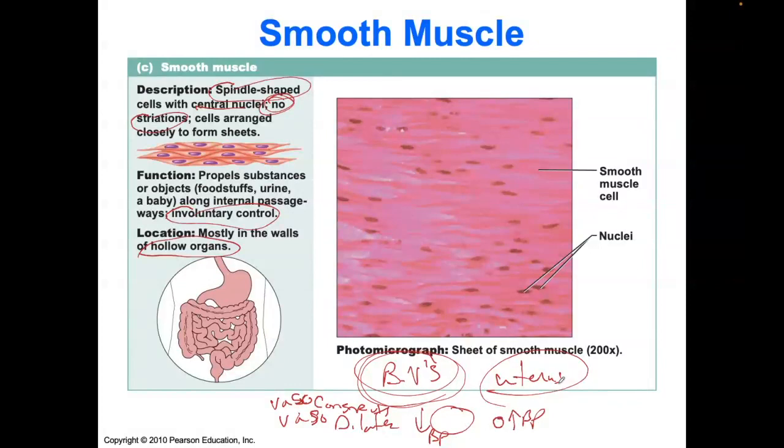Okay. And that's why women during that time of month, you crave chocolate. You eat chocolate, sometimes dark chocolate, and it makes you feel better because dark chocolate has magnesium, and magnesium relaxes smooth muscle. It's a smooth muscle relaxer. Magnesium also lowers blood pressure because it relaxes the smooth muscle, allows it to dilate a little bit, and blood pressure goes down.